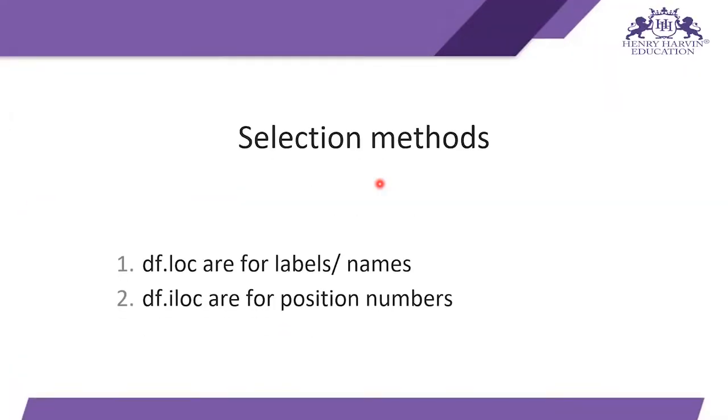If you have a data frame, you can select or extract some part of the data frame. For example, if you want to see just the first three columns and first three rows of a data frame, you can use df.iloc or df.loc, the loc methods of the pandas library. If you want to access any specific column or particular row, through these methods you can access those rows and columns or a small part of the data frame.